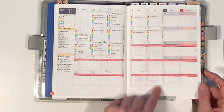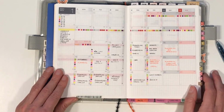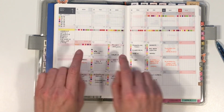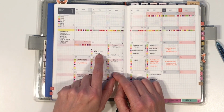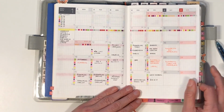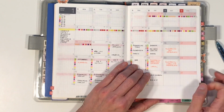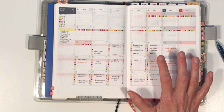Here was my Christmas break, and here I started to work actually on Monday, but I didn't have any clients. And then I started here on Tuesday with some things in the afternoon. So I started at 2 o'clock, as you can see there. Okay, so I always work with a black color, but here I have taken the orange color because